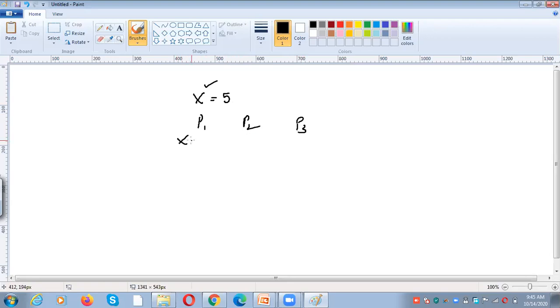The value of x needs to be 5 here, here, and here. Why? Because the variable name is the same, x is the same. So the data within the x variable needs to be the same. It should not vary from process to process. There should not be any inconsistency.